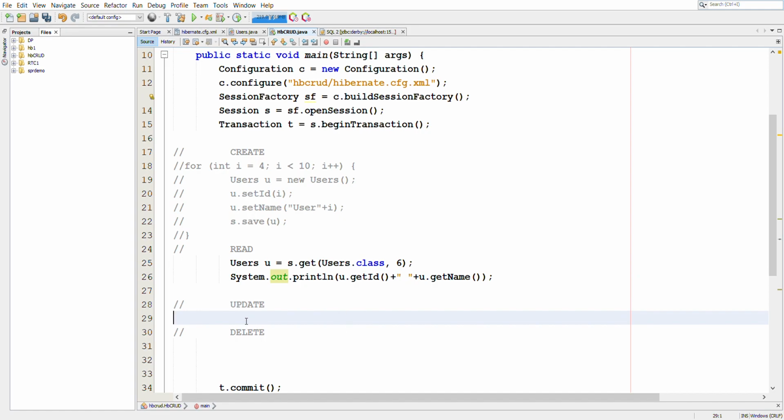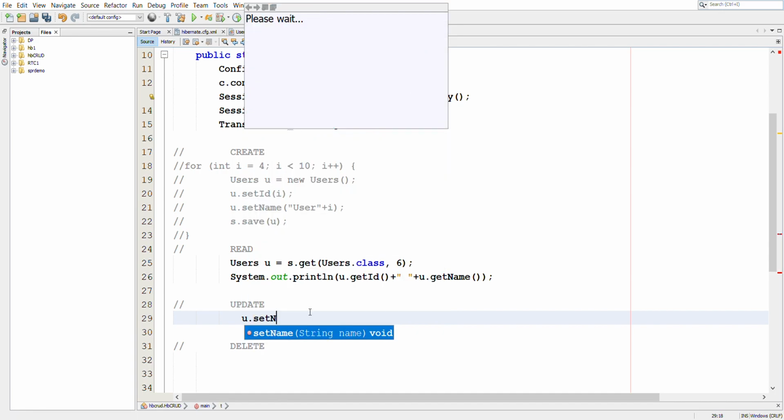Next, if we want to update data, in case of updation, we will simply modify the object that we get from the table, like if we fetch the object u. Now, if we want to modify the data of this object, we can say u.setName.